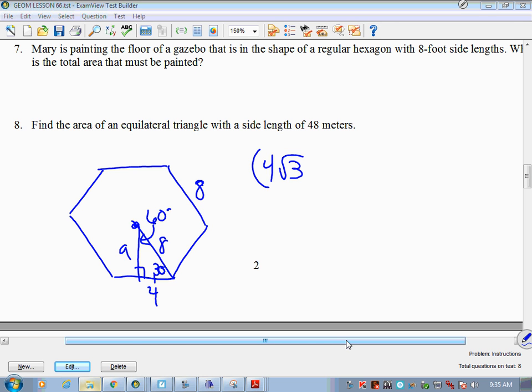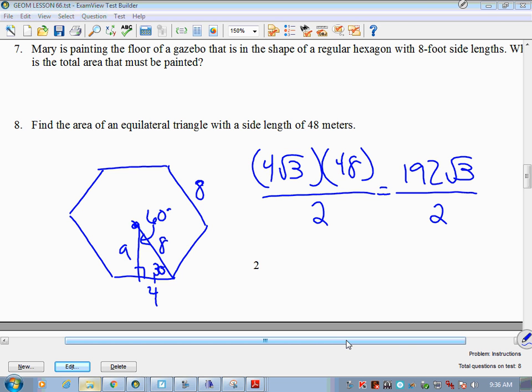Now I need my perimeter. How am I going to find my perimeter? 8 times 6, my side length times the number of sides. What's 8 times 6? 48. And what do I need to do lastly? Divide by 2, because that's my formula. What is 4 times 48? 192. So it's really 192 radical 3 divided by 2. What's 192 divided by 2? 96 radical 3 feet squared,